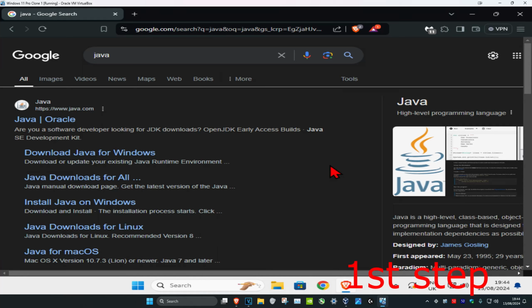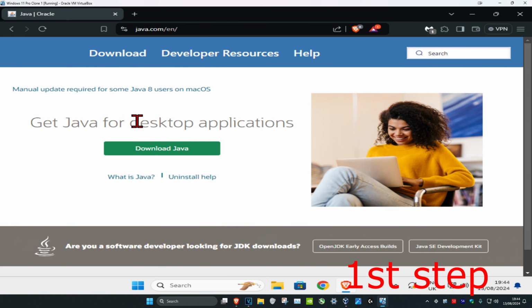So guys, to download or to update Java, you just want to head over to the Java website. I'm going to leave it down below in the description, or you can just type in Java on any web browser. Make sure that you go to the website that's called https www.java.com. Don't go to some fake website. If you want to be certain that you're on the right website, just head over to the link down below in the description. So now we're just going to go to this website, and now you're going to click on